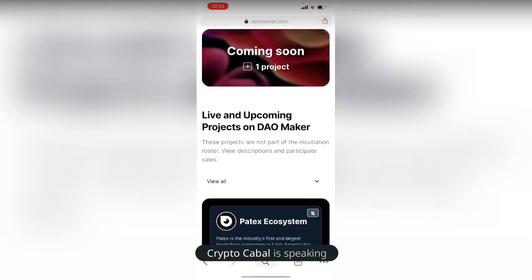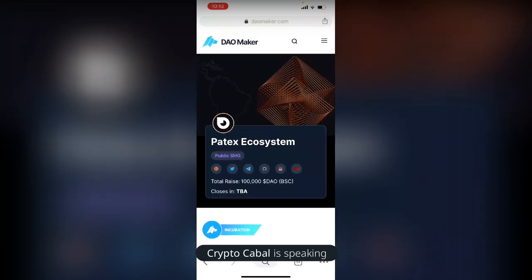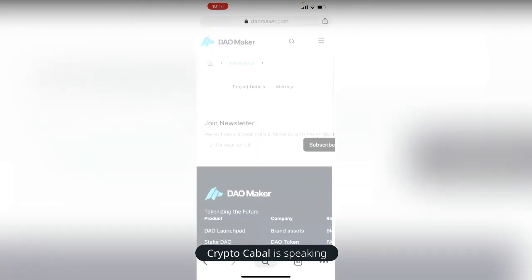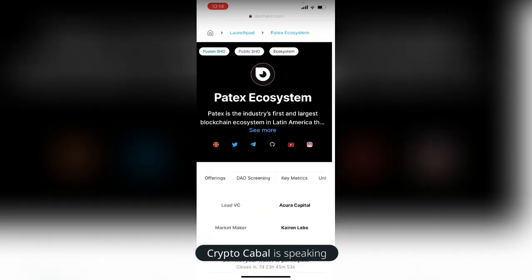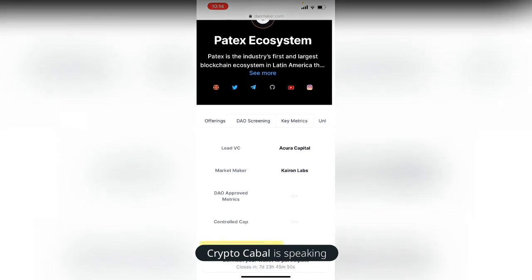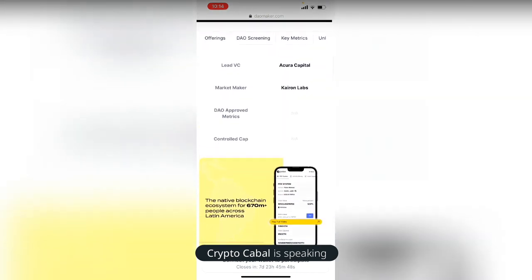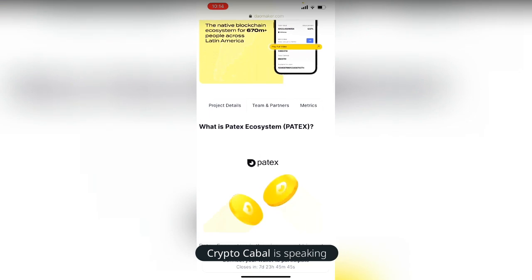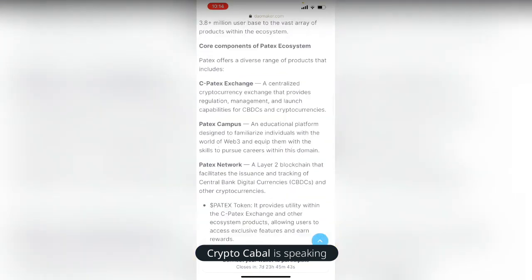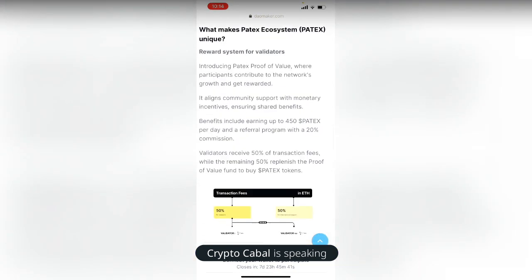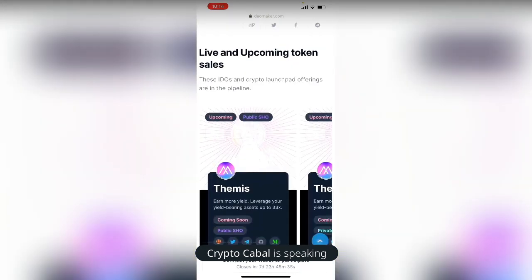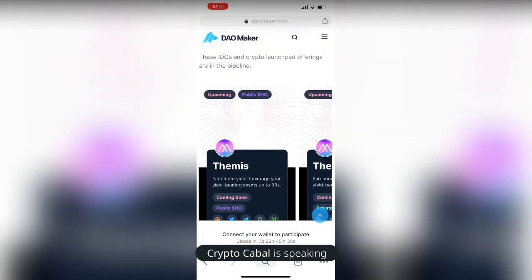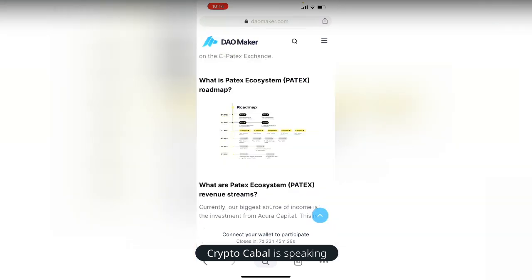And these particular IDOs have what we call soft cap and hard cap. The soft cap is the minimum they want to raise. It's crowdfunding now. They are looking for money, so they'll put a particular target that they want to meet. It can be like they have a soft cap of 100 BNB. If this project starts their pre-sale and they are not able to get up to 100 BNB, at times this project would not launch because they did not get what they are looking for to proceed with the project. So they either refund your money,